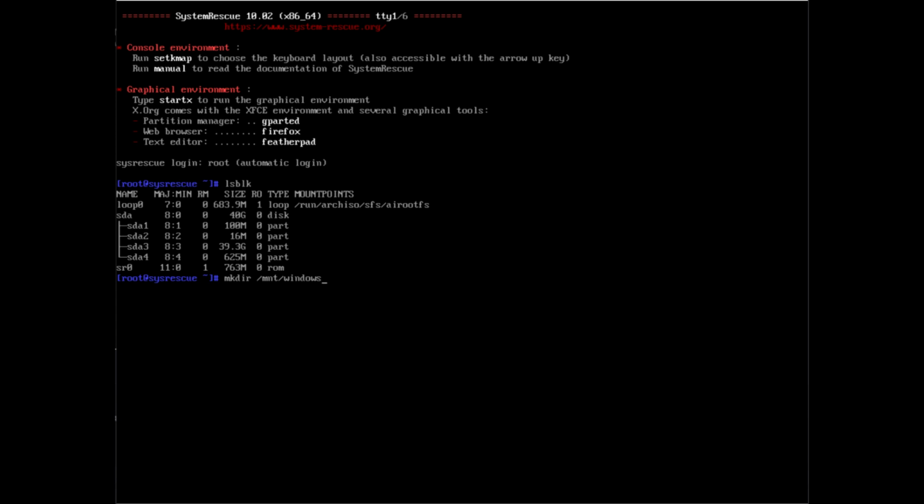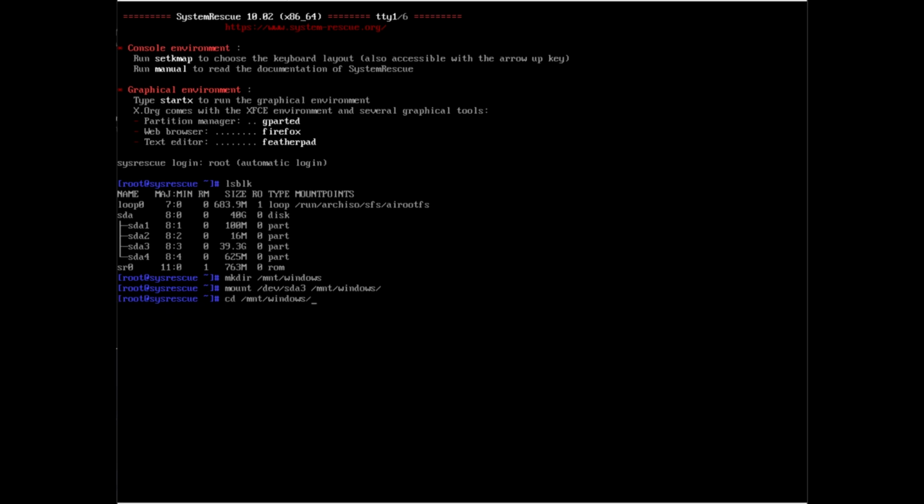mount it to. To do this, type mkdir /mnt/windows and press enter. To mount the partition, type mount /dev/sda3 /mnt/windows/ and press enter. Now we will change to the newly mounted partition by typing